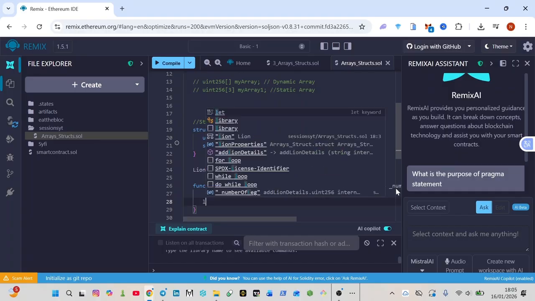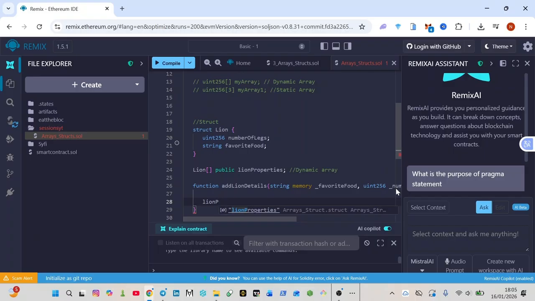So let's say lion property dot push. That's how arrays work. When you try to push in stuff, the push method is just you adding a new value basically. I can simplify this, but right now let me do it in a more straightforward way. Then Lion